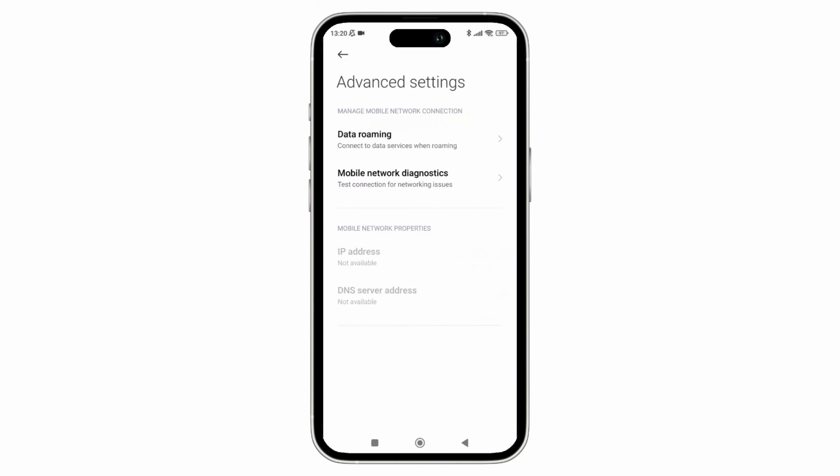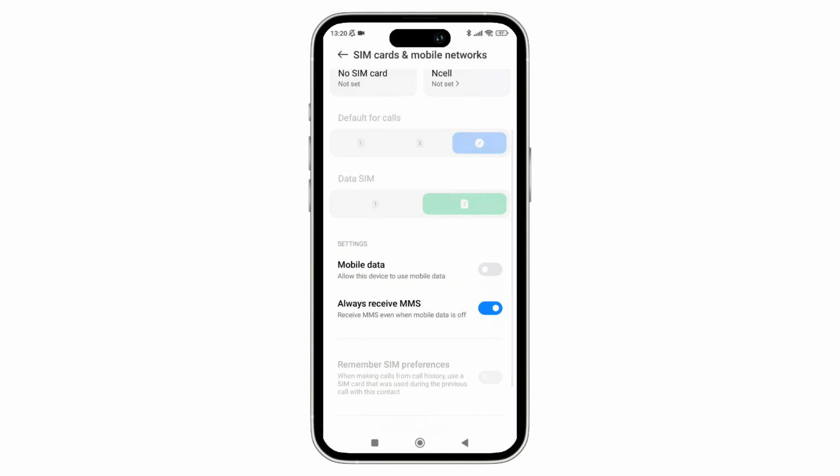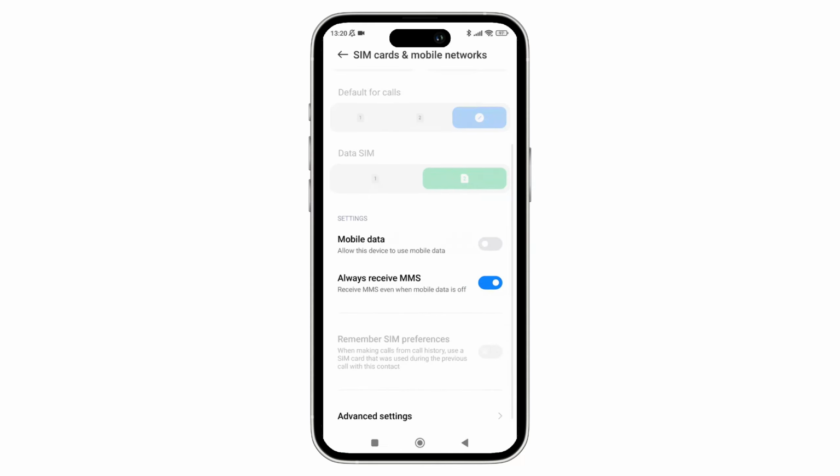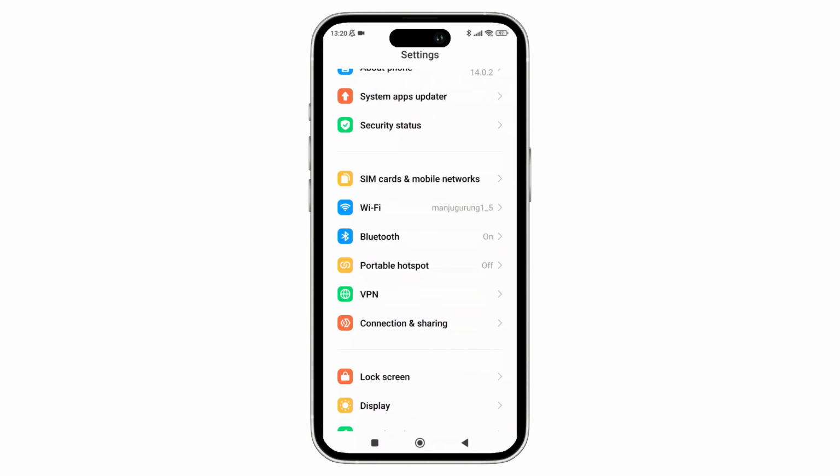advanced settings. And now once you are inside the advanced settings, you have to tap on your mobile network diagnosis, and there you have to change your default SIM carrier. So either you can choose the SIM 1 slot or the SIM 2 slot. And with that, if it shows an error, you can continue to the next step, that is to enable correct